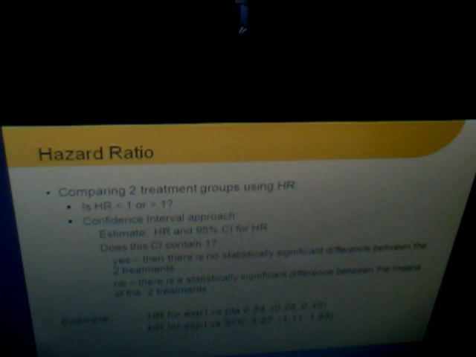So there's just a little algorithm of how you can go about interpreting the hazard ratio. Two examples at the bottom there. One of experimental versus placebo, where the experimental treatment,